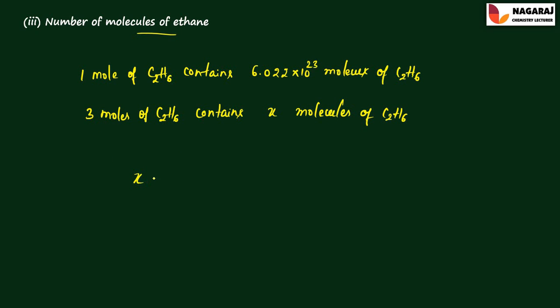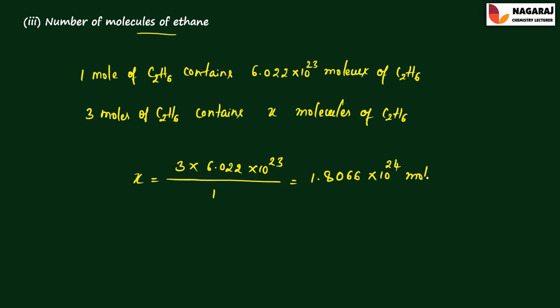So X is equal to 3 into 6.022 into 10 to the power 23 divided by 1. So that is equal to 3 into 6.022 into 10 to the power 23, that is equal to 1.8066 into 10 to the power 24 molecules,